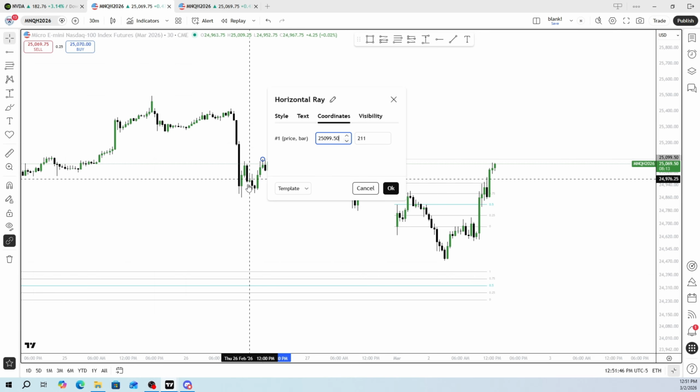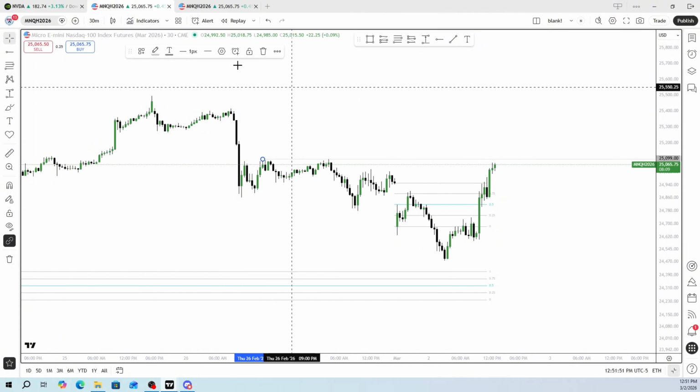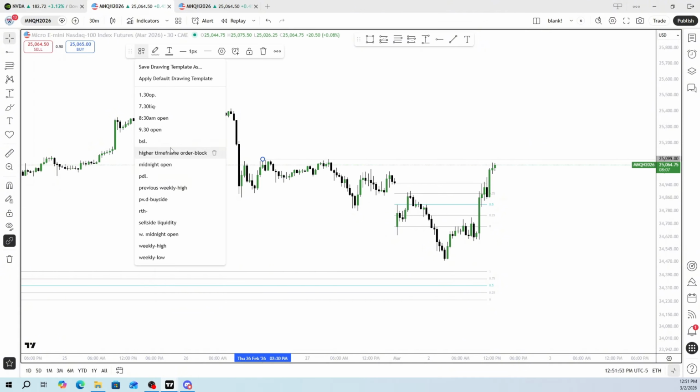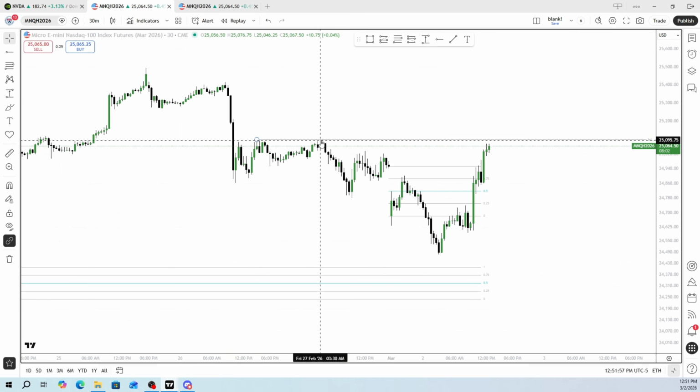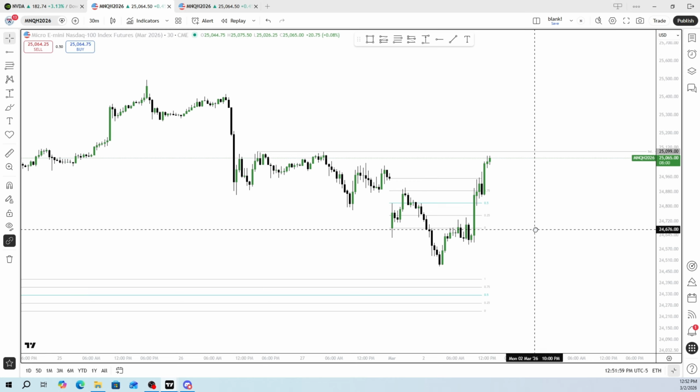I wonder if that was 0.99 even. Let's see. Yep. All right, cool. And then what I like to do is I just like to label it as buy side liquidity, so I know. So there's that layer of buy side liquidity pool that we may possibly see price want to